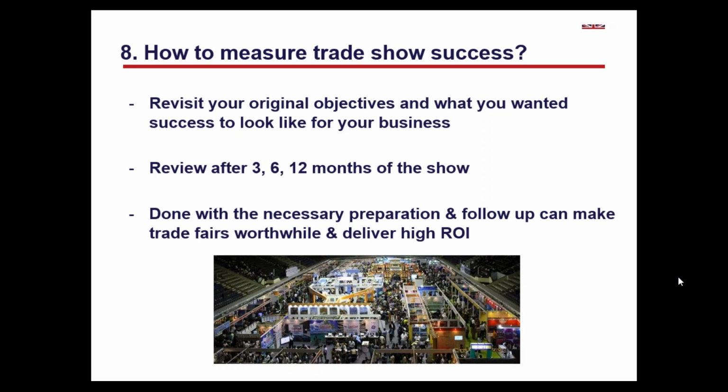I guess one of the things I didn't really mention is samples of products and promotional items. What I would say is if you're able, and it depends on what you sell, some industries it's easier than others. Obviously the food and drink industry is great because you have a hook. People think, oh, this looks interesting, I'd like to try some of that, and you're sampling. It can be a really efficient way of pulling people in because they can see it, they can taste it,